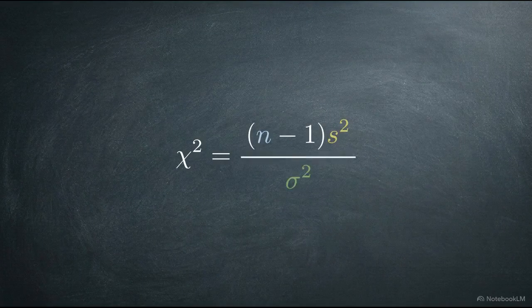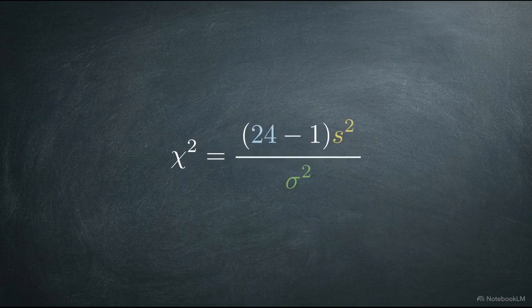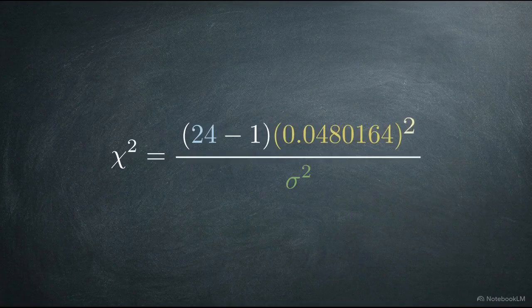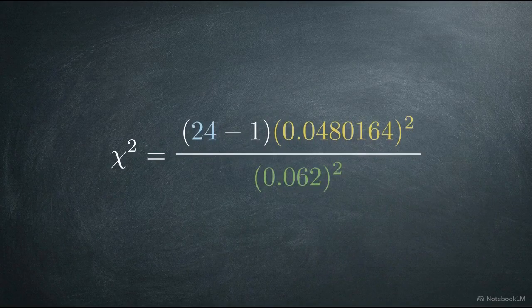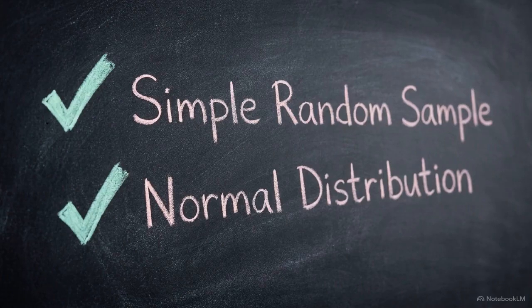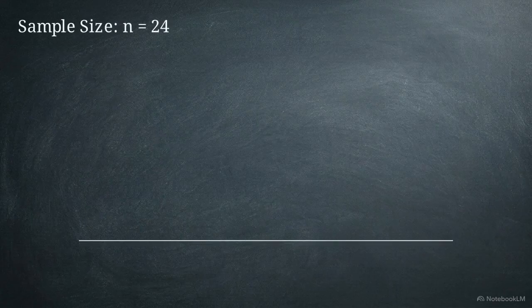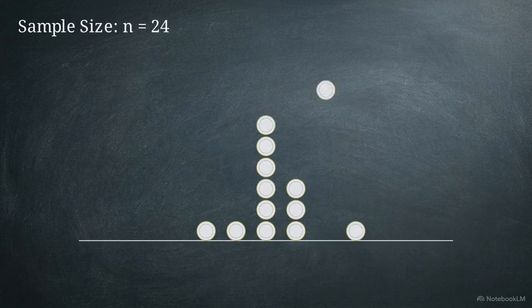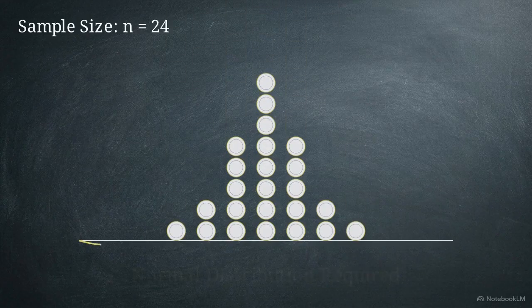To execute the math, we use the chi-square formula, sample size minus 1 times sample variance divided by population variance. We plug our values directly in, 24 for n, our sample standard deviation squared in the numerator, and the 0.062 variance in the denominator. Having the formula and the raw data is only useful if we first verify those statistical prerequisites. We must first confirm our 24 quarters were drawn from a normally distributed population before we can rely on